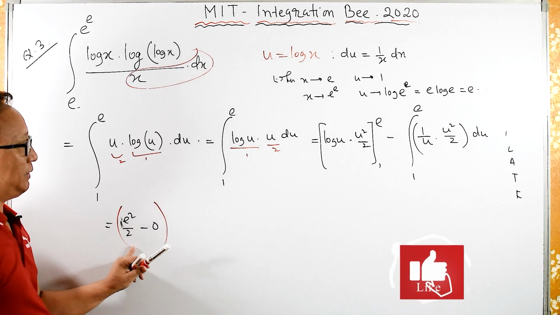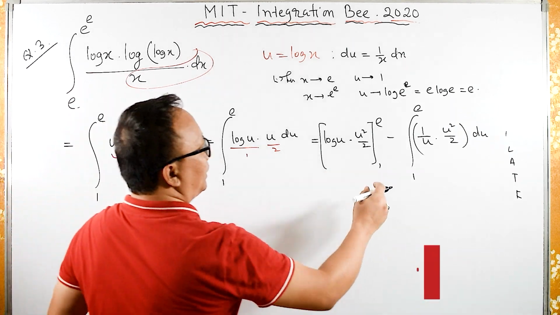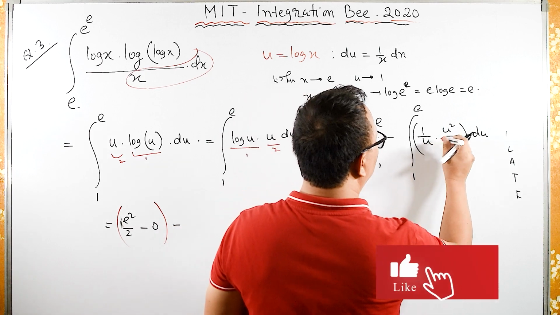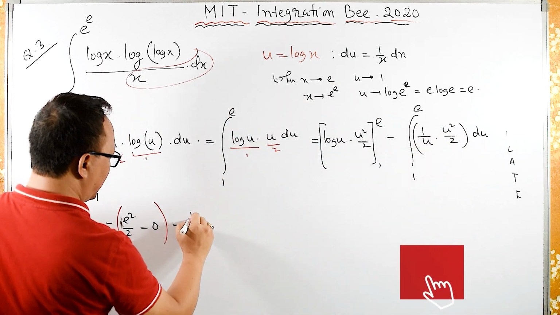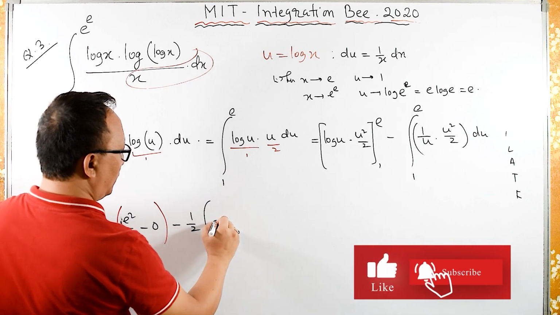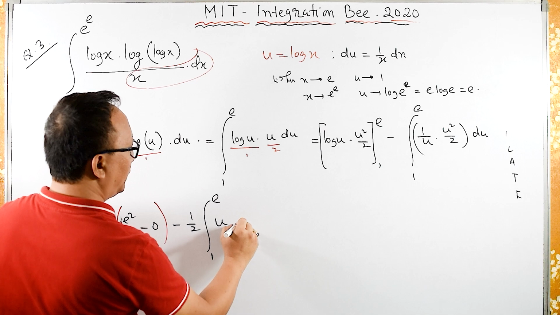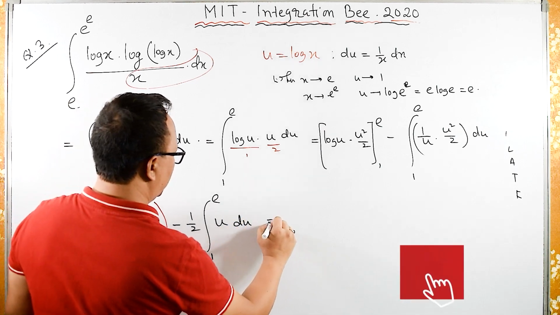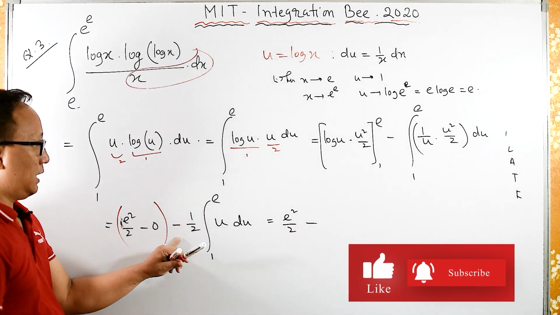So this is the upper limit and lower limit for the first term. Minus, here u and u get cancelled, we have only one u. So this 1 by 2 I can send outside: 1 by 2 integral of u, limit from 1 to e, du. This equals e square upon 2 minus half,